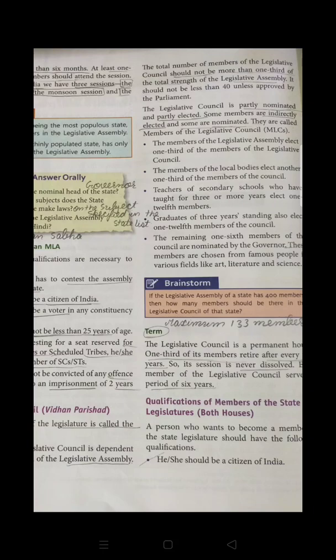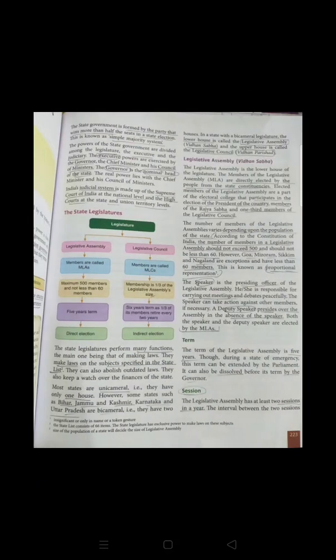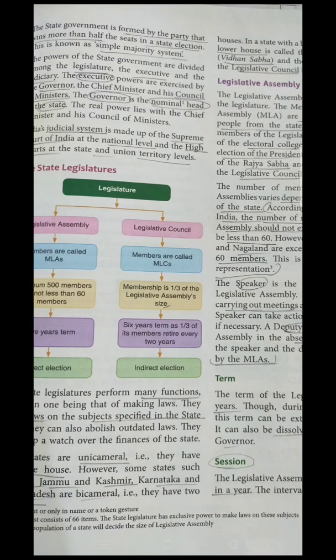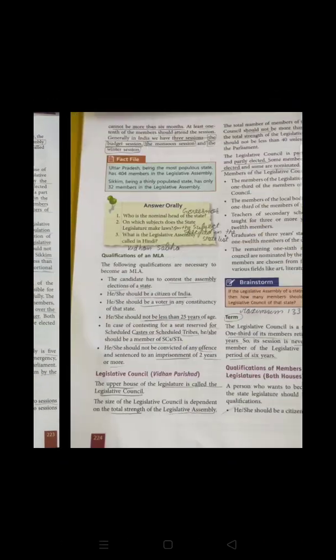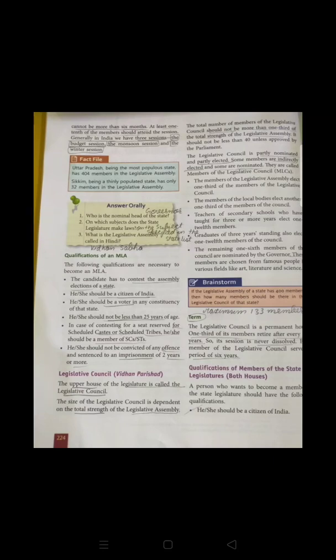So what did we discuss in this? The government chooses that particular person on the basis of his knowledge and on the basis of his experiences. We had already discussed this. Now the next is term period. How much the time period is, we had already discussed here. The membership is 1/3 of the legislative assembly, and the time period is 6 years, and 1/3 of the members retire every 2 years. After every 2 years, 1/3 of the members who are there retire.